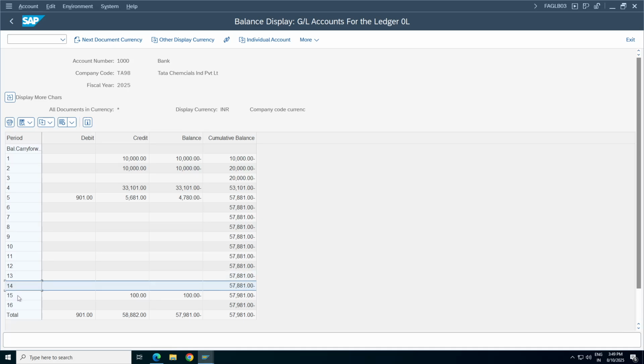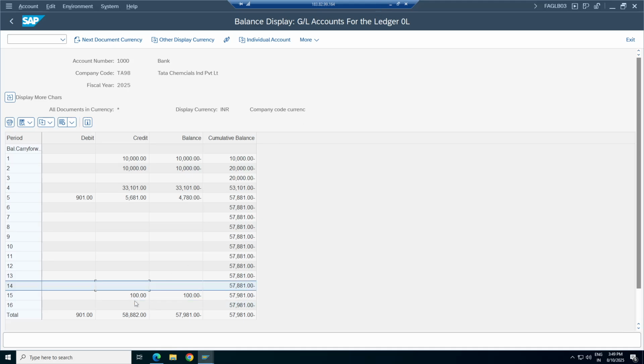So if you don't define 14, 15, 16, then while posting the transaction, you give only 13. So 13 will get updated for the entire year's auditing transactions. It depends. You have options here. Some clients will utilize only one period. Some clients will use 13 for the first quarter adjustment, second quarter adjustment, third quarter adjustment, fourth quarter adjustment.